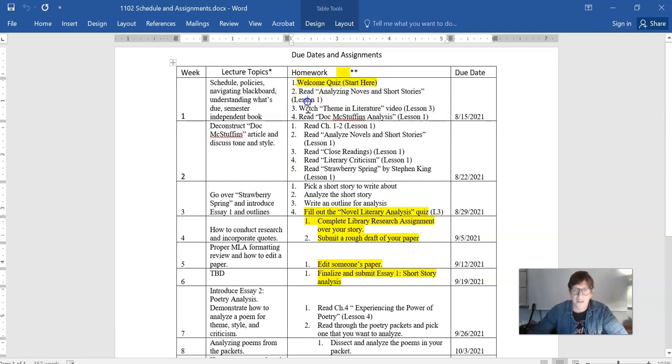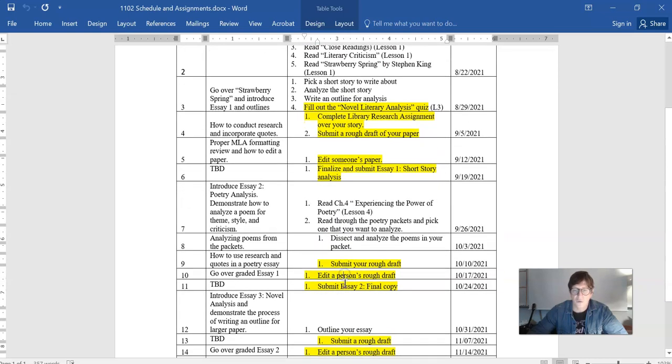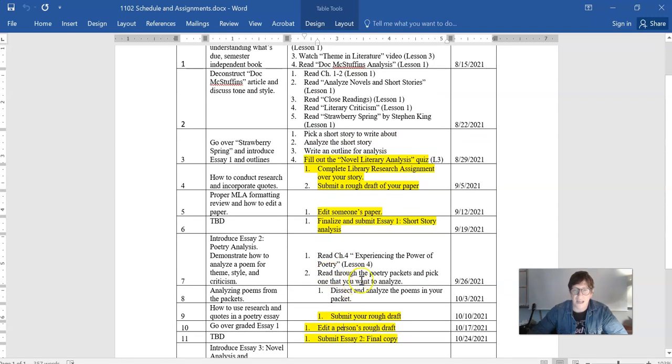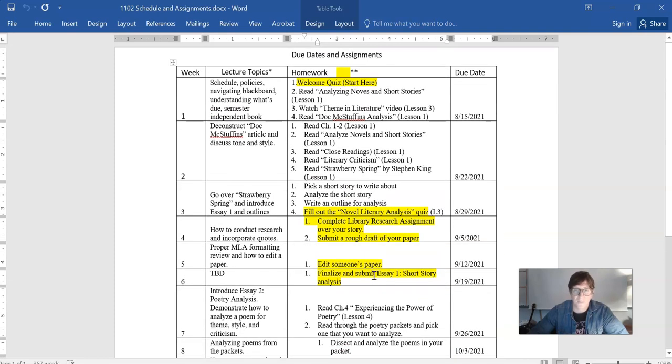These are the things you've got to do during the week. The things that are highlighted are the things that count for a grade, where if you do not do them, you will get a 0. Okay? And some weeks, you don't even have anything that's actually for a grade, but you still need to do the work. I'm still going to be talking about the work, and you won't get better as a writer if you don't do the work, if you don't do the reading. There's a lot of reading in college.